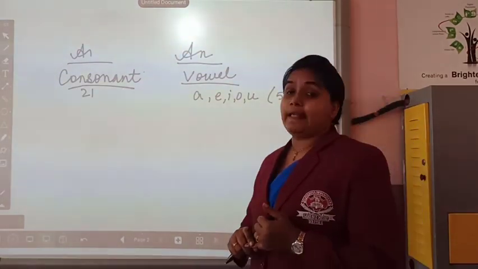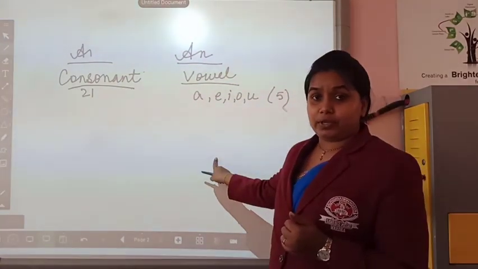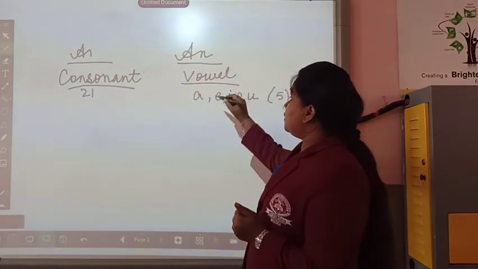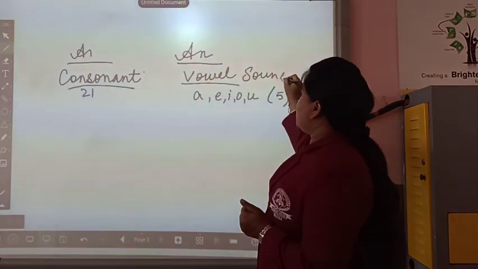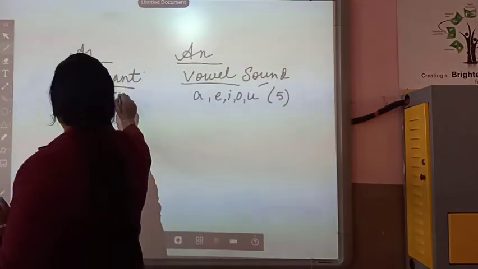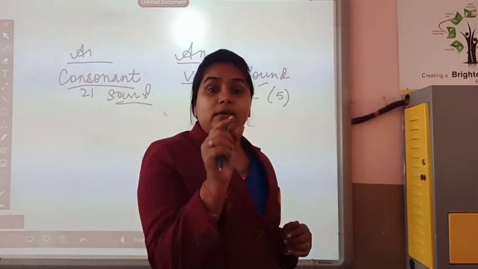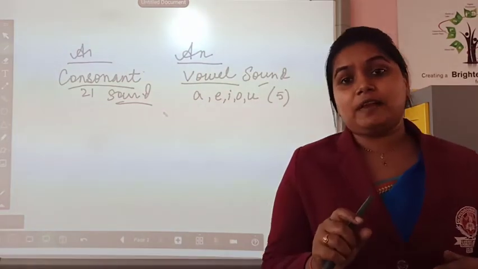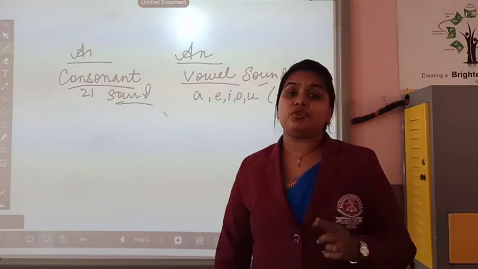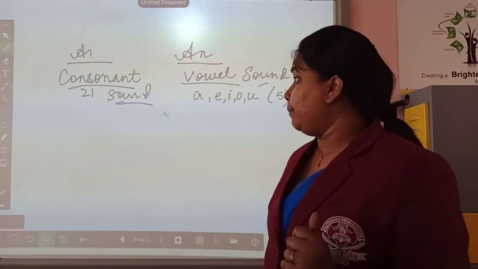It is not only that the words which start with a vowel will use an before them. We have to remember that it is the pronunciation of the word, whether it starts with a vowel sound or a consonant sound. Not only the first alphabet of the word decides a or an, but we have to keep in mind the sound. Now let me clear this with an example.